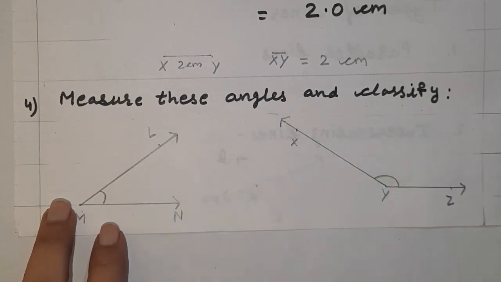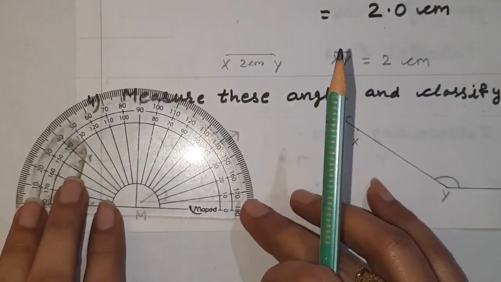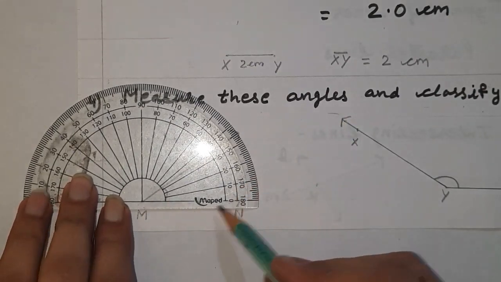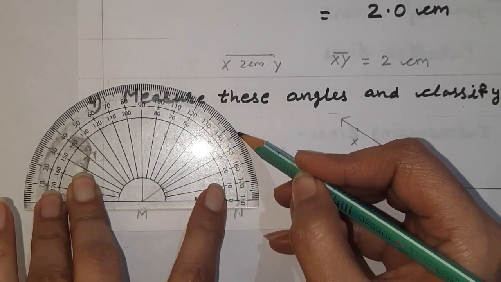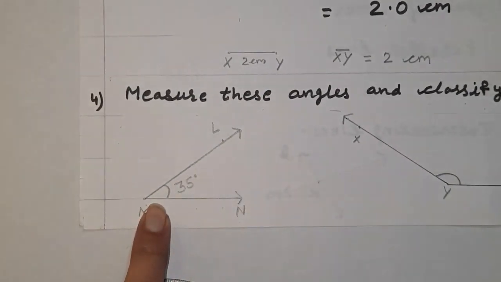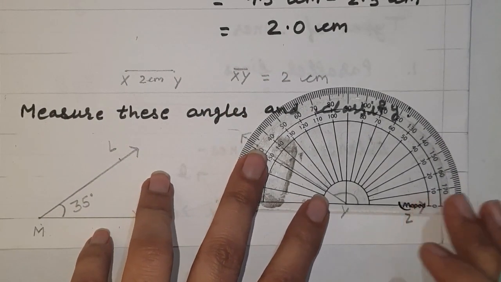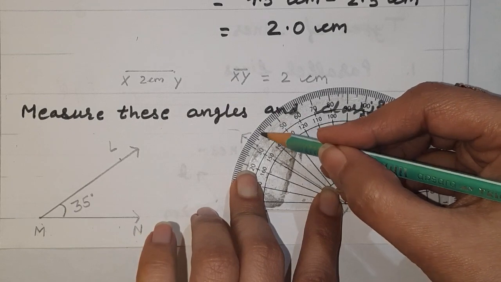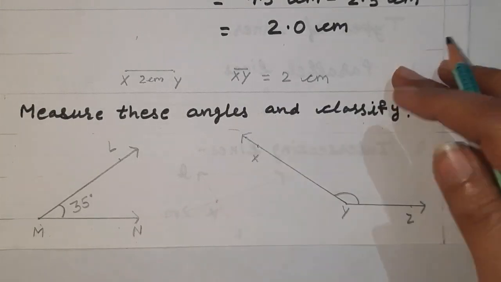And how to measure, let me tell you. First of all, say this angle is given to you. Put your protractor, yes, center of this. On this arc, MN. Now see, after 35 small divisions. So it is 35 degree. Okay, and here put your protractor at vertex Y. Now look here, after 145, 3 small divisions, so it's 148.